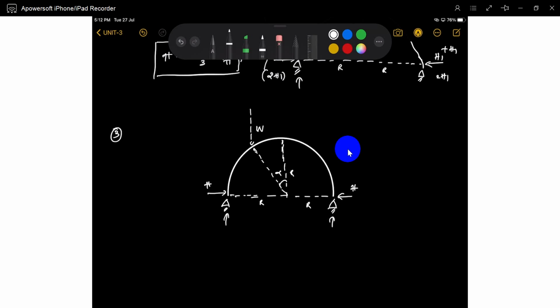But see, this VA is different, VB is different, the moment is also different for half of the part and the other half, so you need to do more calculations. So we will cut it by half. How can you cut it, sir? If this vertical load W is acting at alpha degrees from the crown, the horizontal thrust H is happening.